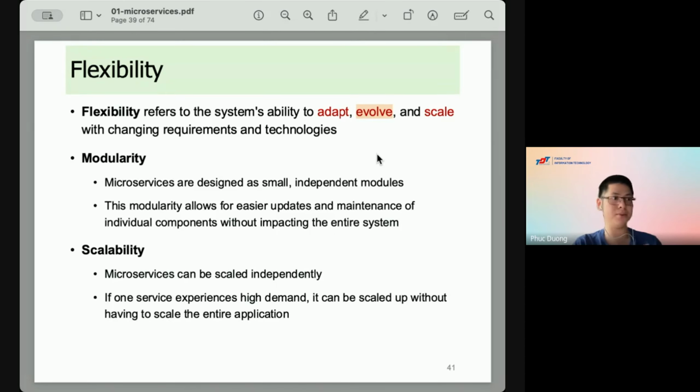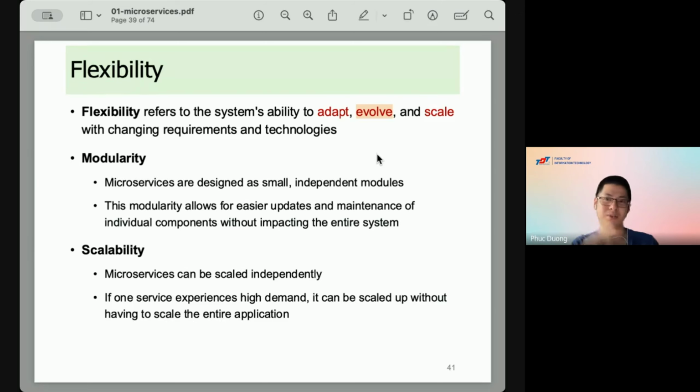Today you analyze, design and implement a system based on microservices, and you deploy the system to a customer for use. Three months later, the customer wants to implement another function, and they want to plug the new function into the current system. So what should you do?